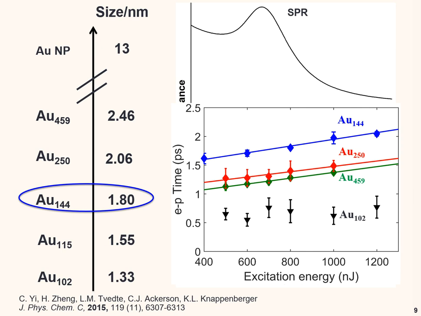Identifying this gold 144 behavior has been a very hot topic, because people are slightly modifying the structure, for example changing the ligand or doping different materials into the gold 144. People are trying to see whether we can manipulate these behaviors from molecular properties into non-molecular ones. It has been a very hot topic in the past 3 to 4 years, and we are very happy that we are opening this subject to the whole community. A lot of people are following this work.